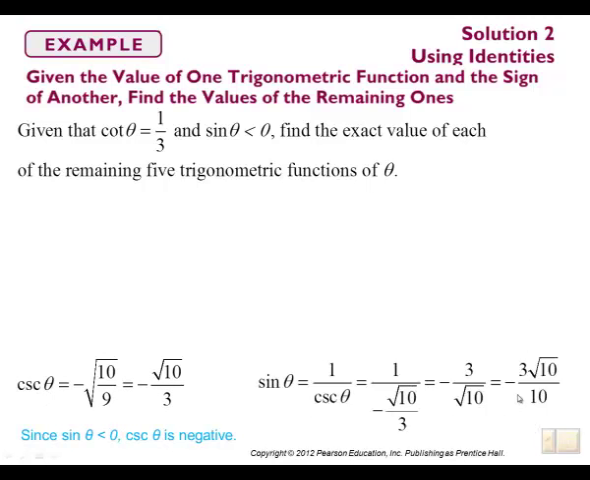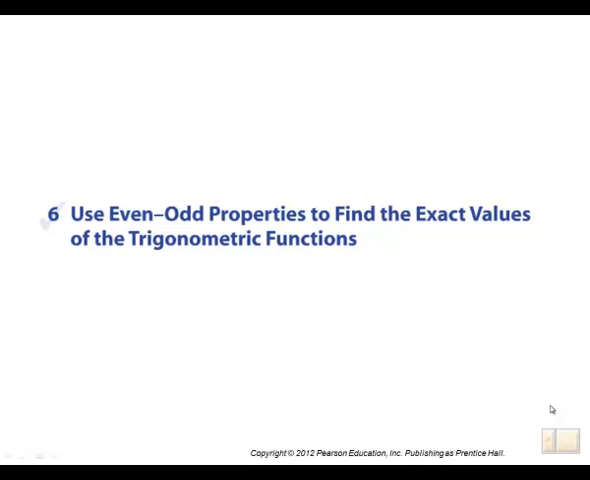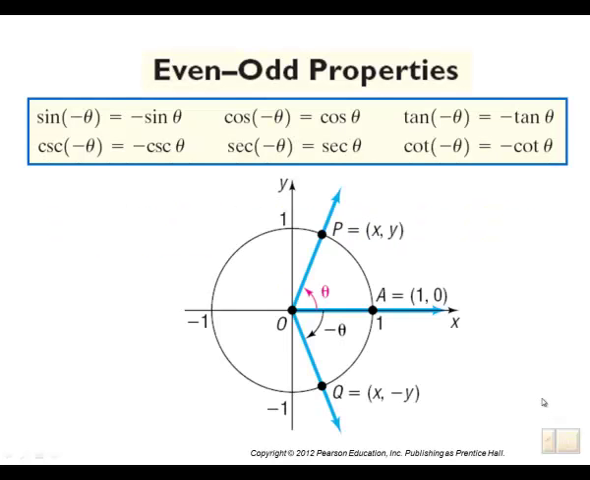And then the cosecant, we get the same values for those as well. Okay, use even odd properties to find the exact values of the trigonometric functions. Alright, now